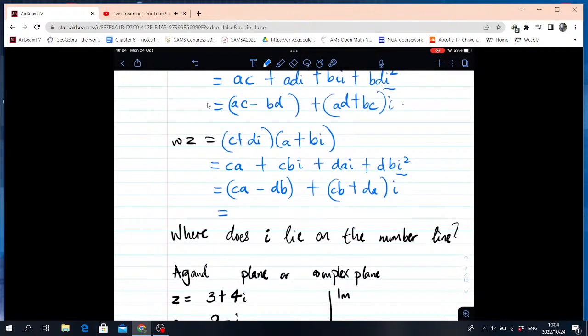sorry, not properties that we have on the theorem, but properties of real numbers. We know that this CA is going to be equal to AC, DB is going to be equal to BD. This happens for all real numbers, right? So we can use that property of real numbers to say this is just AC minus BD, and then plus